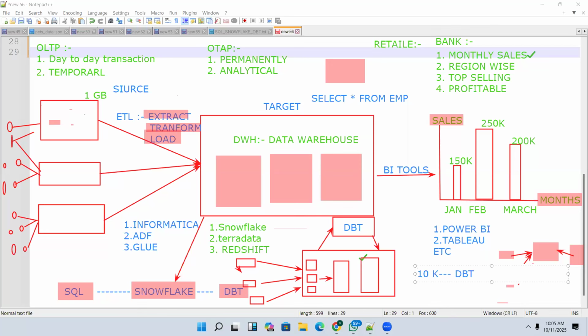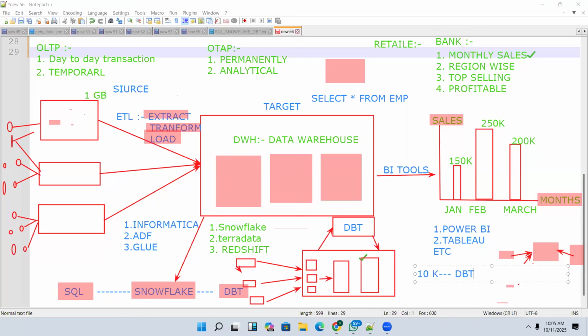But when it comes to 2024, out of 10, 5 companies are asking, do you have a combination of Snowflake with DBT? Now in 2025, in most projects, if you know Snowflake with DBT, it will be an added advantage. If you know only SQL, they don't have many projects where they want only a Snowflake resource. They need an employee who knows Snowflake with DBT. So many projects are like that. That's the reason we framed this Snowflake with DBT course.